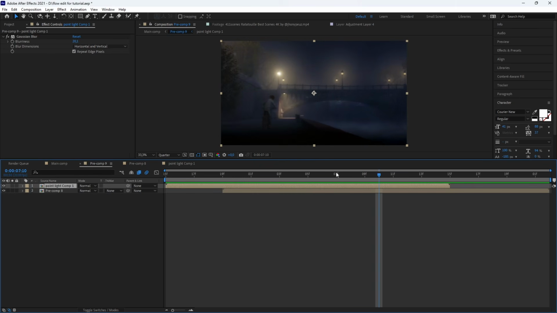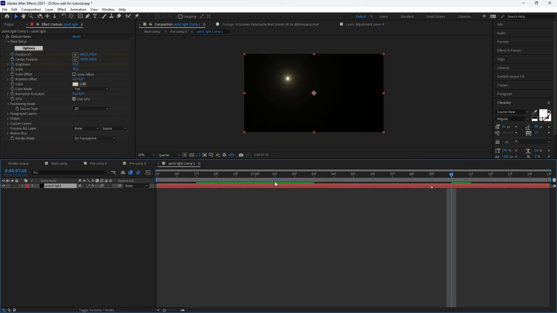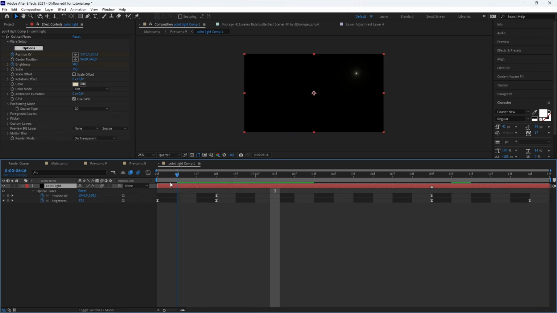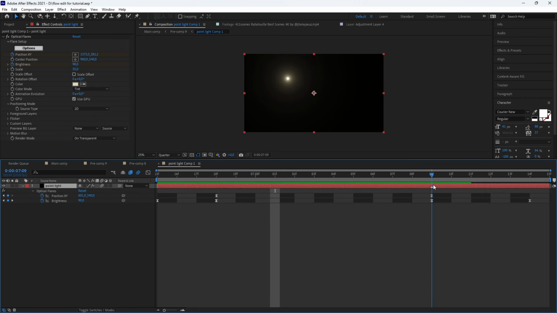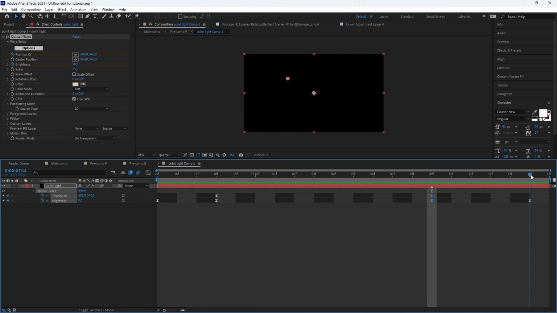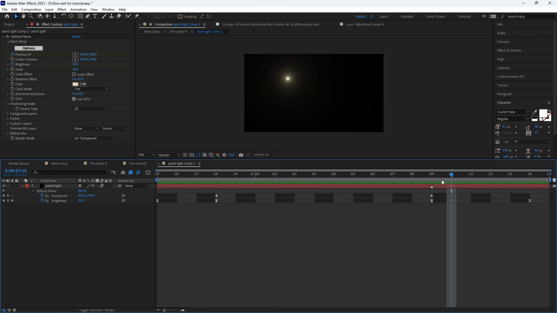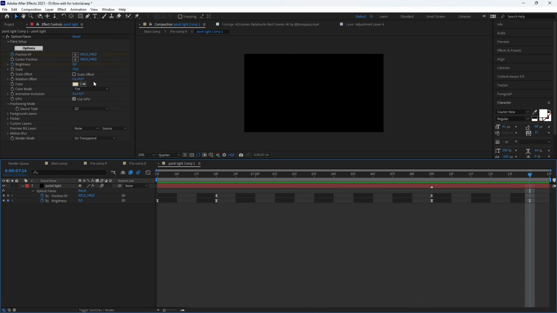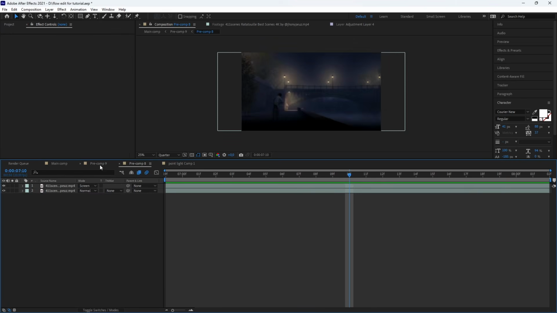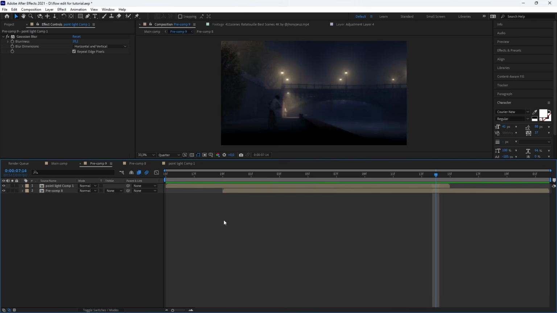Alright, so what I did too is that I animated, the same at the beginning, the top until here, nothing very crazy. Then I just reduced the brightness to 0, so from 90 to 0, and that's it. So you can see there's this nice effect here. Boom, it starts.